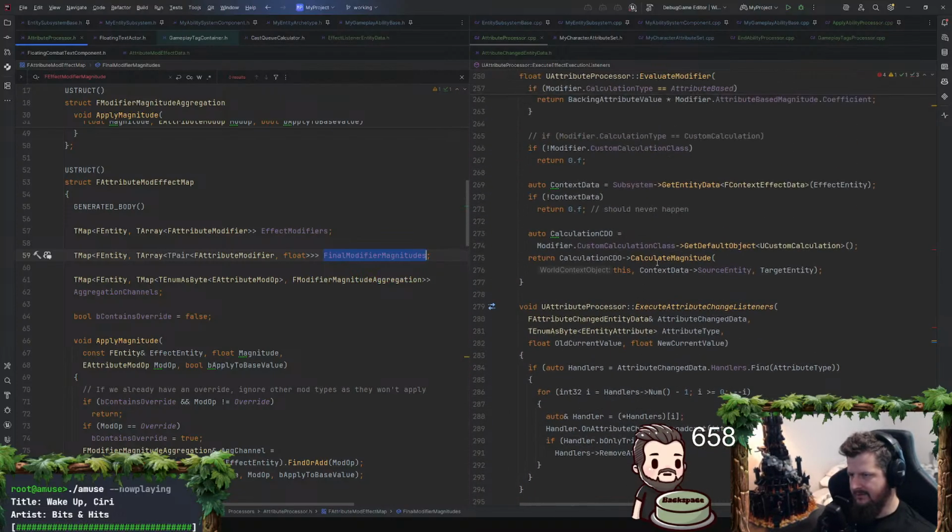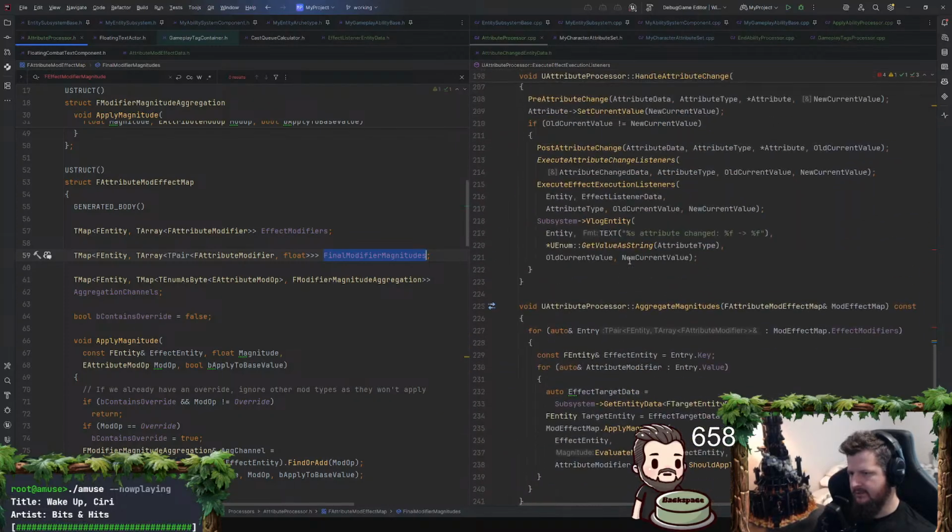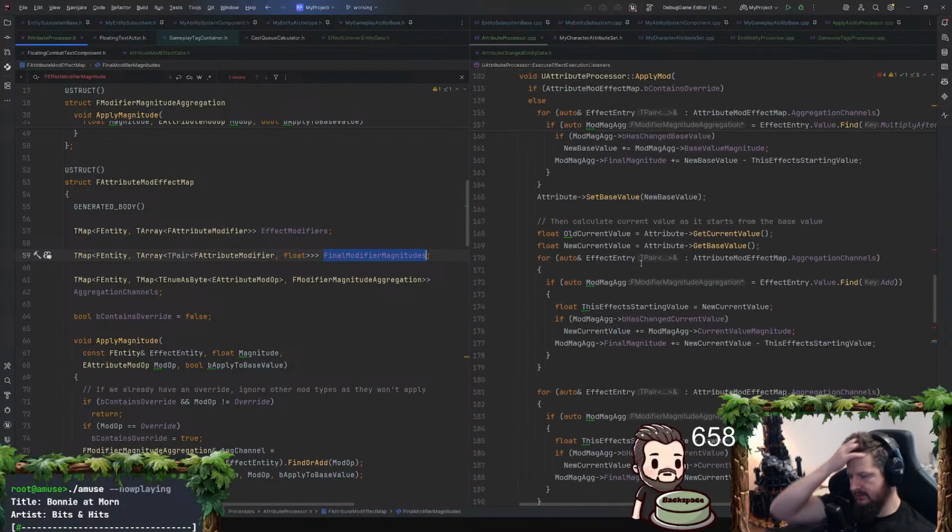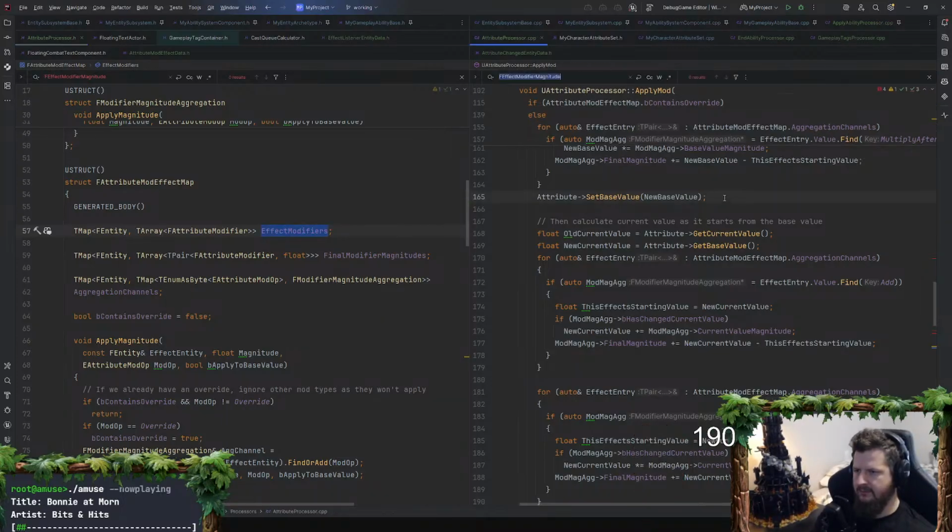Final modifier magnitudes. Okay, so I actually need to go back and fill this out whenever we're tabulating this thing. Where am I using effect modifiers at?